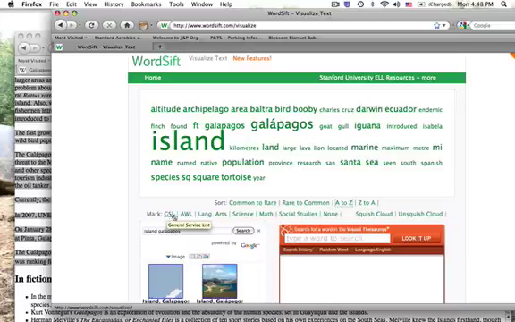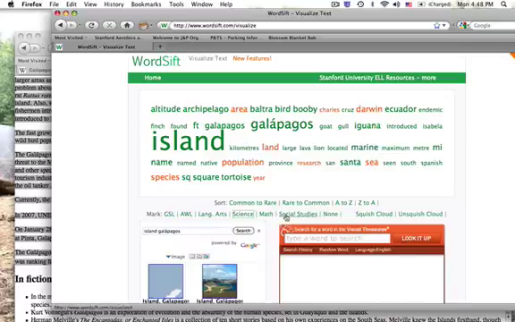or choose some lists: the general service list, academic word list, language arts, science, math, social studies, to highlight words that appear on the word lists that we selected, in order for WordSift to analyze and highlight words that are part of these lists. For example, the science word list compares this text to the science word list, and shows that area, Charles Darwin, land, population, research, sea, species, and year are part of this list or are commonly found in